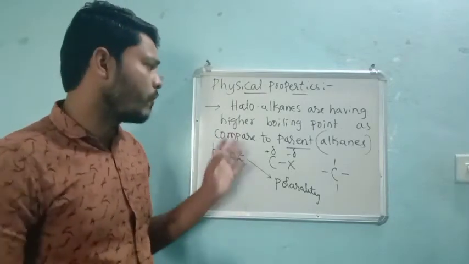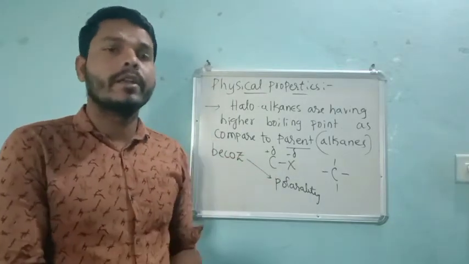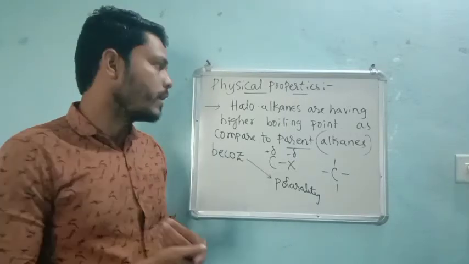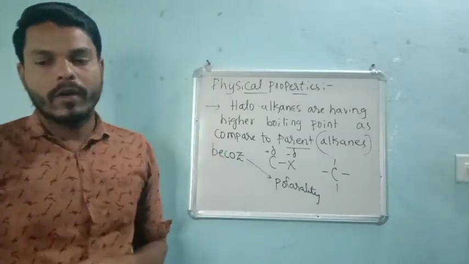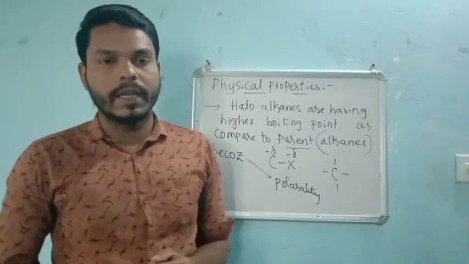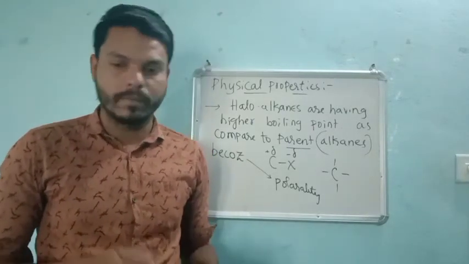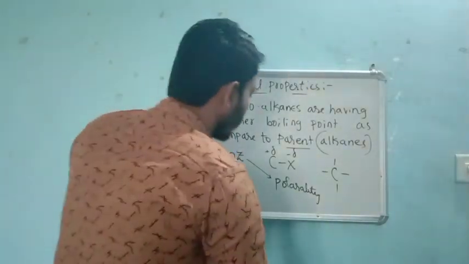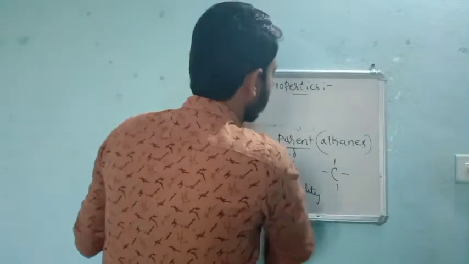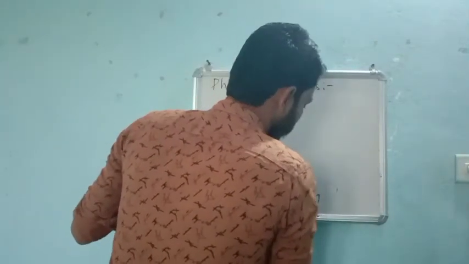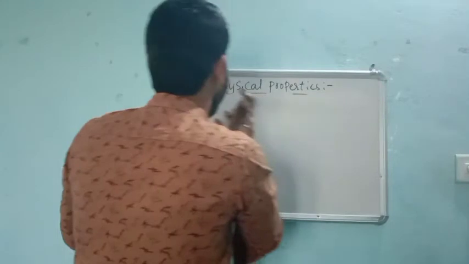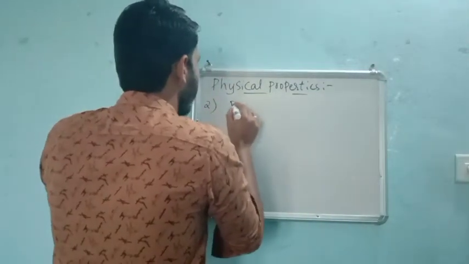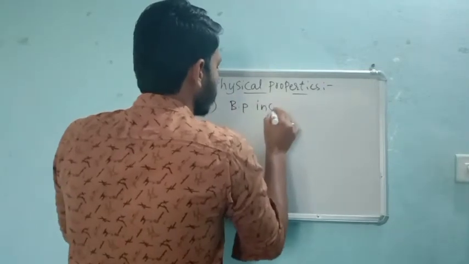See dear student, if we go in depth it will be very interesting, right? So please go through the book, try to read the book. The boiling point of haloalkane increases with the increase in the size of halogen. See, what I said, if they give more number of halogens, then among which one will be having more boiling point. The one more twist. So the next point, the boiling point increases